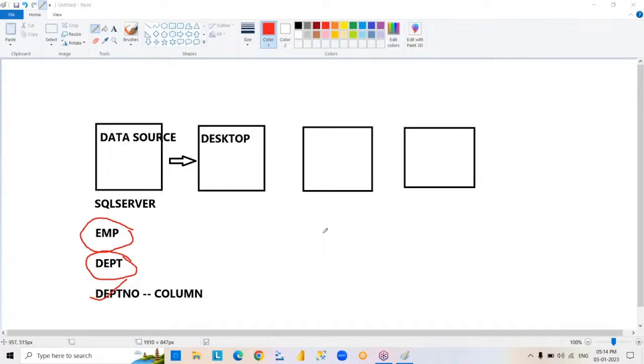That is going to create troubles for us. That's why, here you have different tables copied from source to Power BI, and here you have a common column also. So now we can perform a transformation called